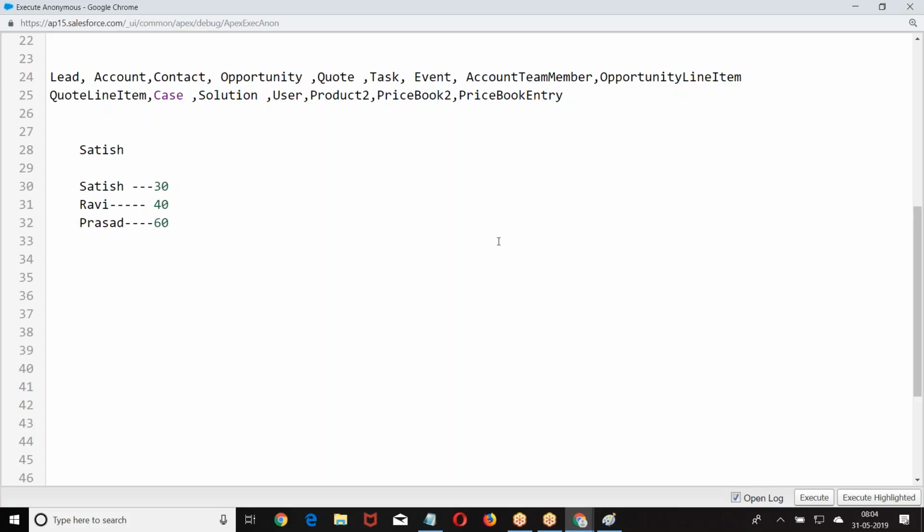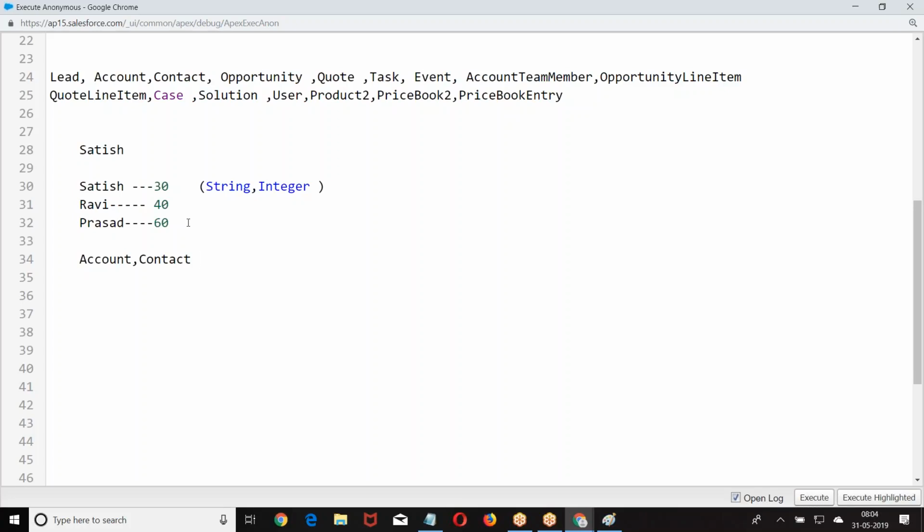Now how am I taking my data? One string, one integer. Do you have any data type which is already available, which will take one string and one integer? We have a data type called string, we have a data type called integer, but I don't have any data type which will take one integer and one string together. Am I right or wrong? Right. Now I want to take one account and one contact together. Do you have any data type which will take one account and one contact together? No. Account is a separate data type, contact is a separate data type. I don't have a combination.